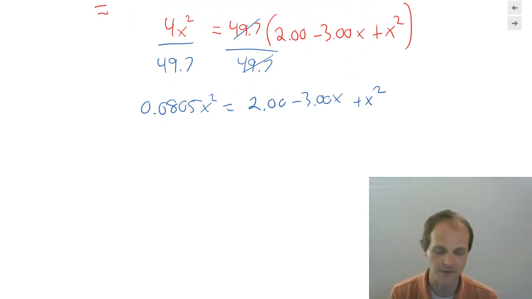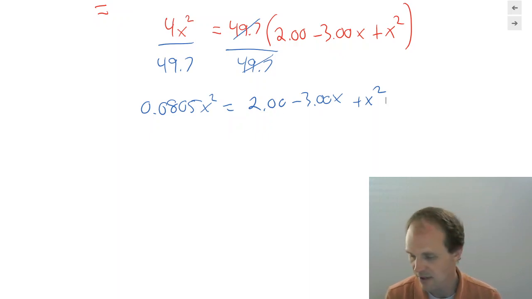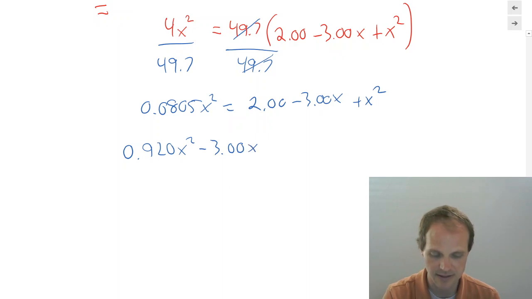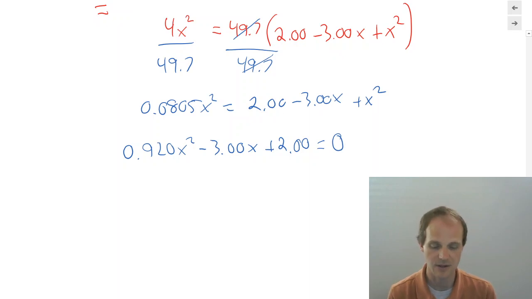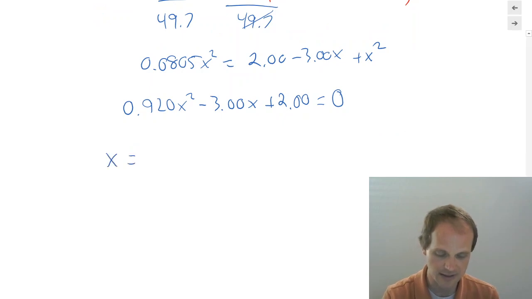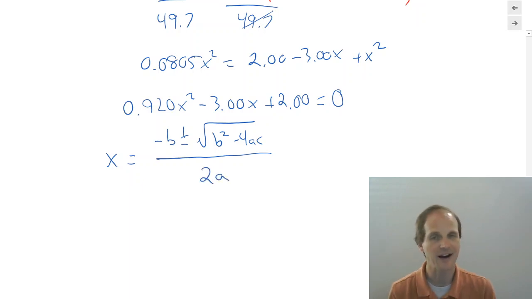All right, remember, for solving squares, we're going to use the quadratic formula. And for the quadratic formula, you need to rearrange everything so that it's equal to 0. So I'm going to go ahead and do that. I'm not going to show every little step. I get 0.920x squared minus 3.00x plus 2.00 is equal to 0. If you don't get something like that, you can come find me and we can talk about it and figure that out together. And then what is the quadratic equation? You get that x equals minus b plus or minus the square root of b squared minus 4ac over 2a. How exciting!